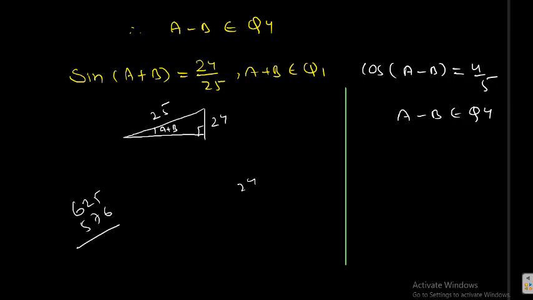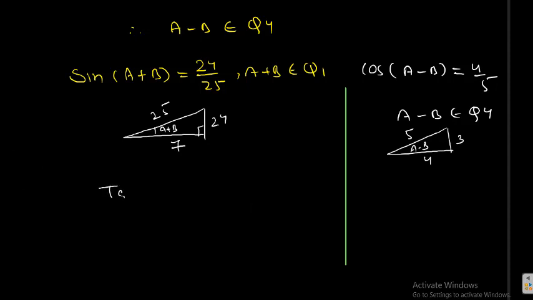Subtracted, here 4, 9, here 1, 49 means this is 7. Here also I want to use a small right triangle, and I assume that a minus b is acute. Now I can say that this is 4, this is 5, obviously this is 3. From this I want to find tan value. Why I want to find tan value, later I will tell.